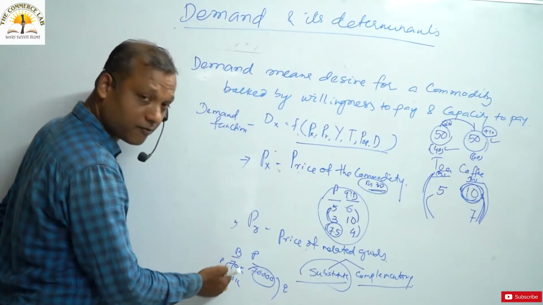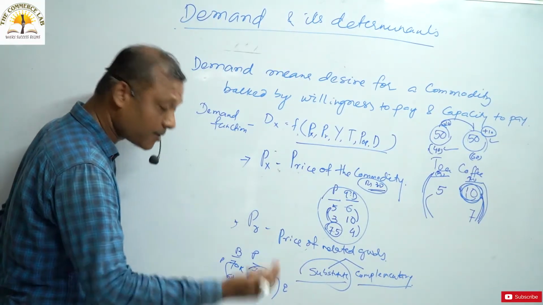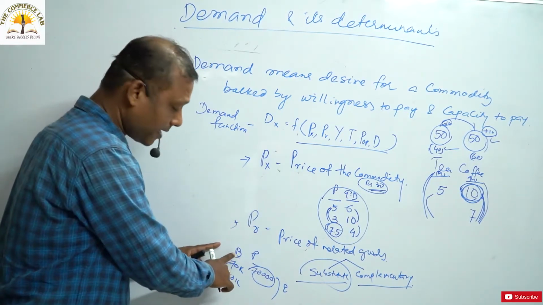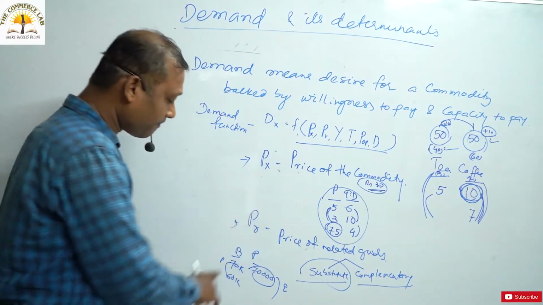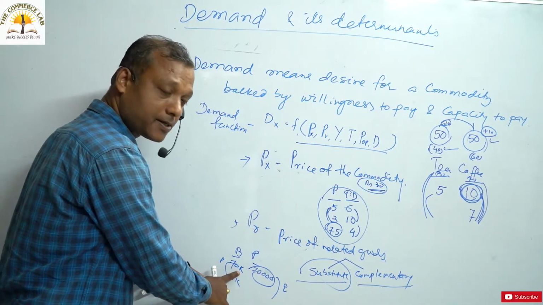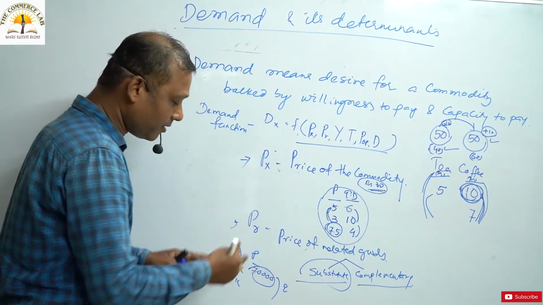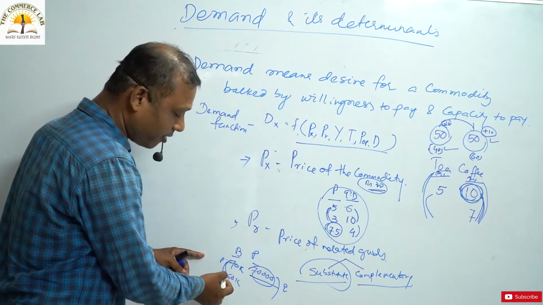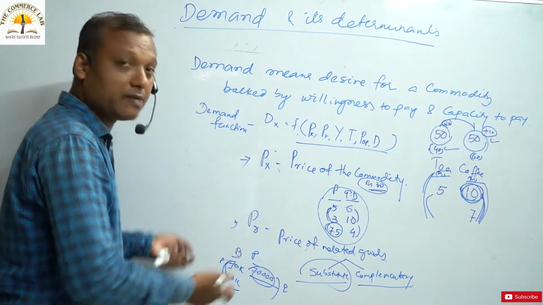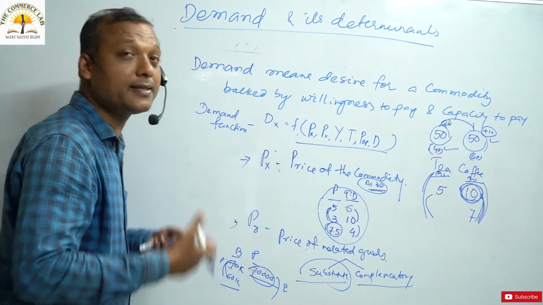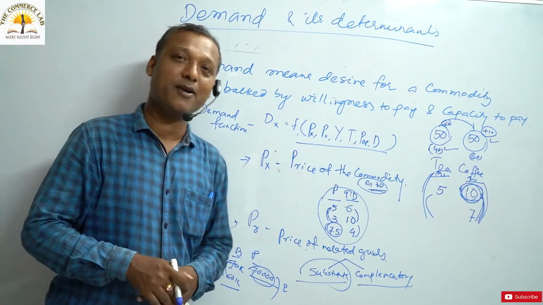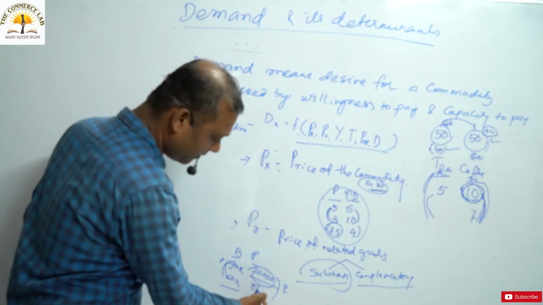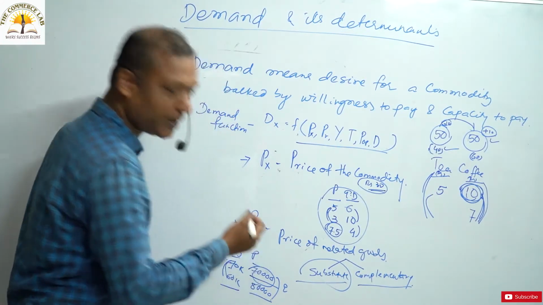When the price of the bike falls from 70,000 to 60,000, obviously we will increase the demand for bikes. You understand very clearly, I am telling you that bike and petrol are complementary goods. With the 70,000 rupees price in the market, how many liters of petrol do we demand? We demand 7,000 liters of petrol. Take for example, the price of the bike falls from 70,000 to 60,000. Obviously, when the price of the bike falls, there will be an increase in the demand for bikes. When there is an increase in the demand for bikes, obviously the demand for petrol will also rise. So we can expect that the demand for petrol will go up.